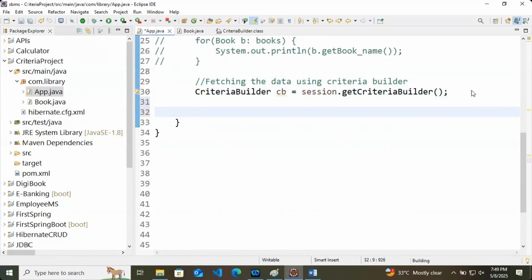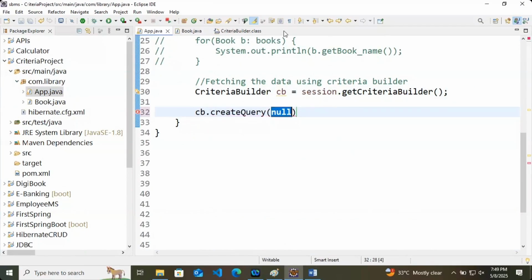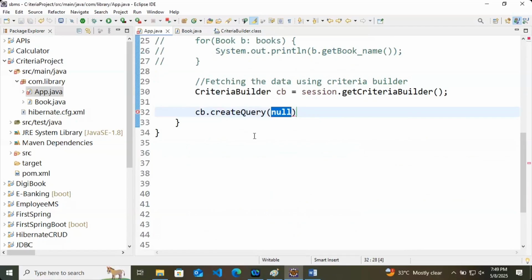Second is I will say cb dot create query. And you have to use this second method, which is taking one class, that whose result type you want. So here I will say cb dot create query book dot class.